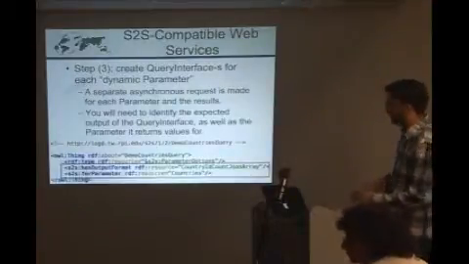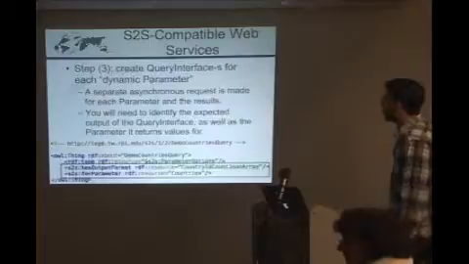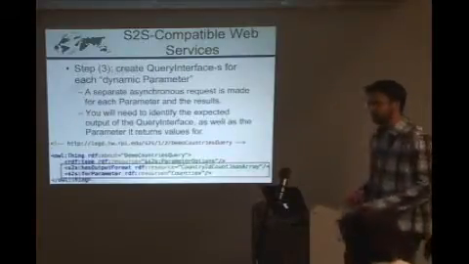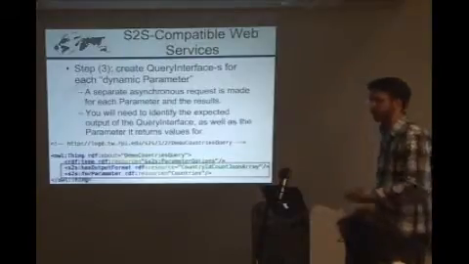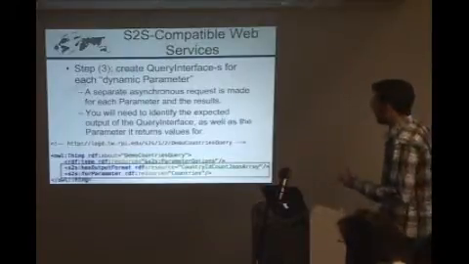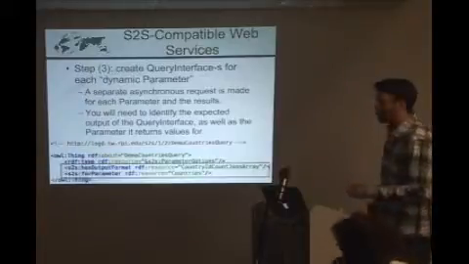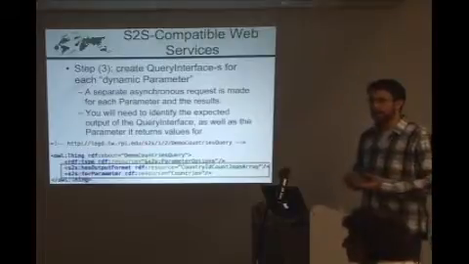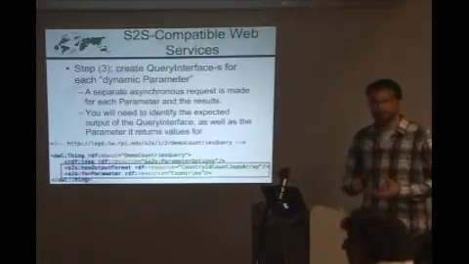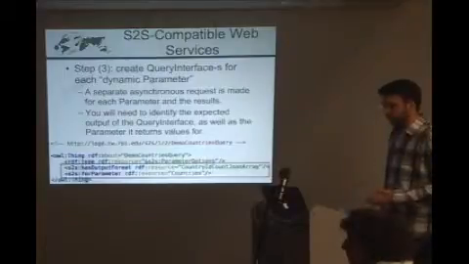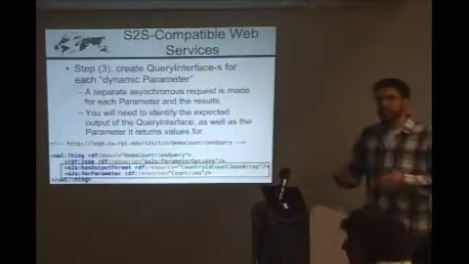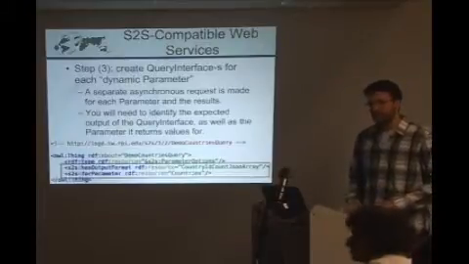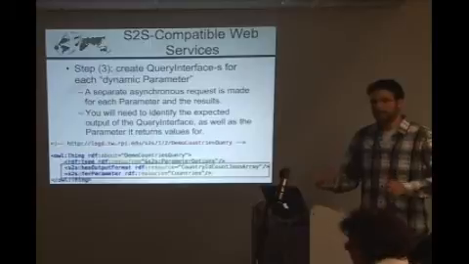So now that you've decided what your dynamic parameters are, the next step, step 3, is to create more metadata for particular query interfaces for each parameter. What I mean by a query interface is basically a web service identifier. It says, call this web service to get those parameters that you're looking for. And the reason that this is needed is because S2S makes a separate asynchronous request to get the data for each parameter. And I'm really sorry, but definitely stop me